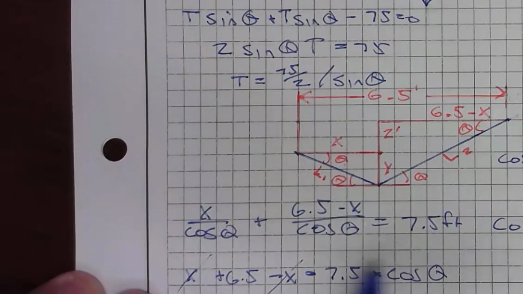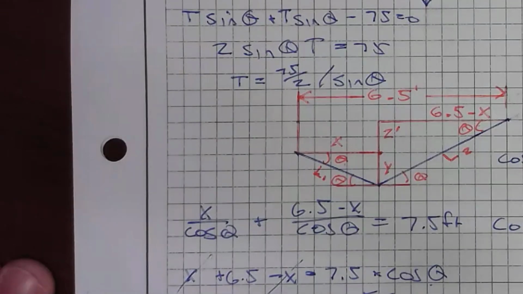And we can solve for cosine of theta. So then this is just going to be equal to, cosine theta, and that would have to go on this side, so it's going to be 6.5 divided by 7.5. Solving for cosine theta, we get